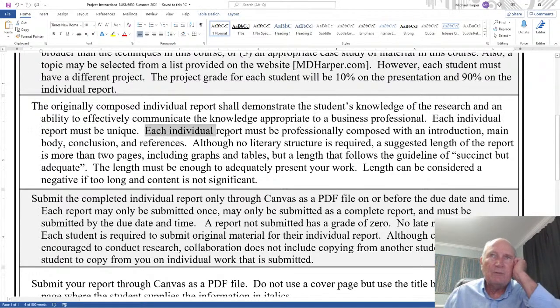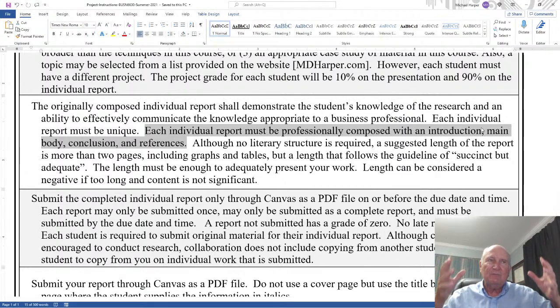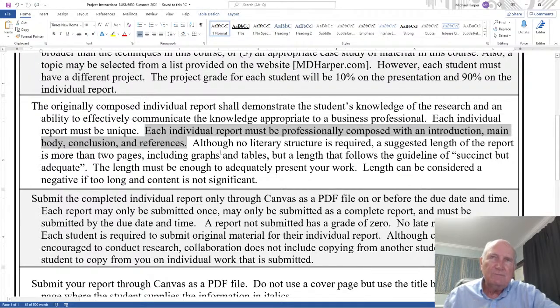Each individual report must be professionally composed with an introduction, main body, conclusion, references. And what I mean by this is I don't want someone just to write one sentence and say that's my report. It has to have some kind of a structure to it. And I'm not too strict on what that structure is, as long as you do have some kind of a structure. Although no literary structure is required, there you go, a suggested length of the report is more than 2